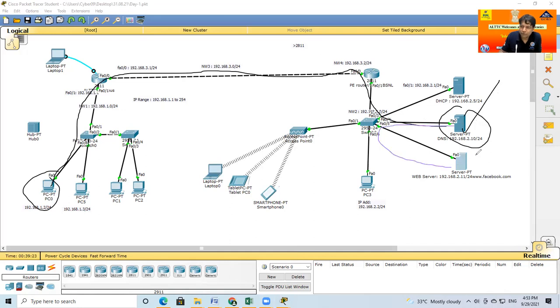Just come back and go to Facebook. This takes the web page, and it comes back and your web page opens from your computer. This is the DNS server. Okay, so now let's check practically whether it is working, yes or no.